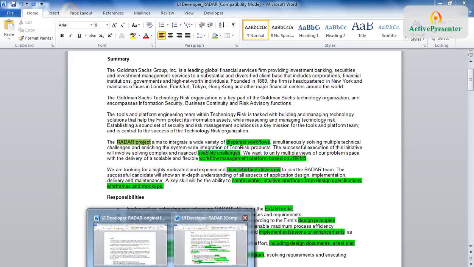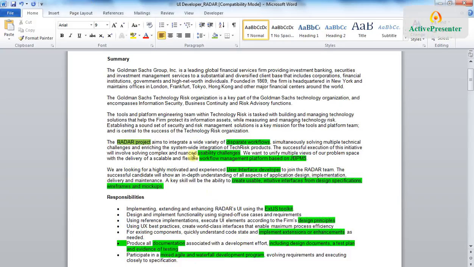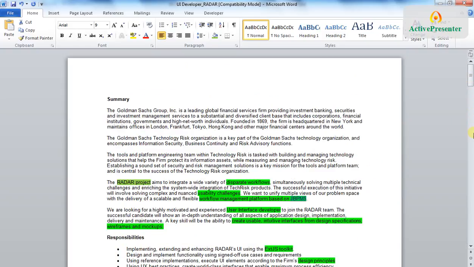And then what do you do? Once you have this, you can start highlighting some of the words which you think are relevant in order for you to understand the JD better. So in this case it can be disparate workflows, it can be workflow management platform based on JBPM5, and so on. So this you do for each of the sections.